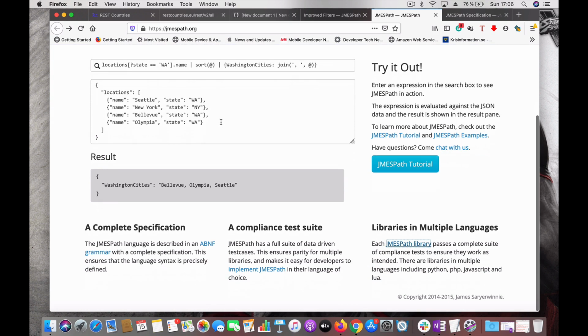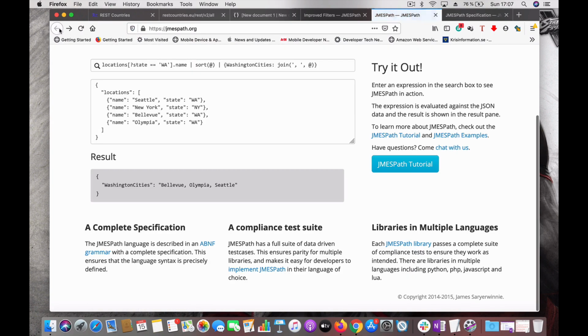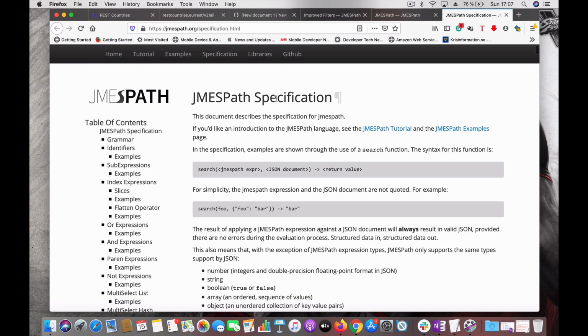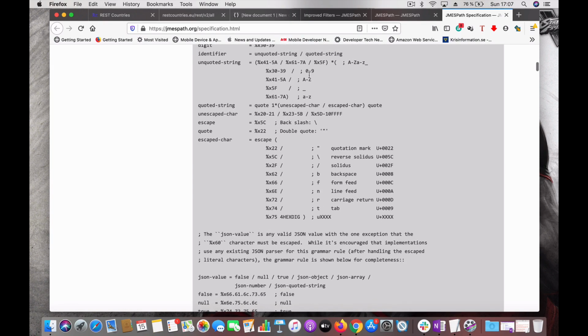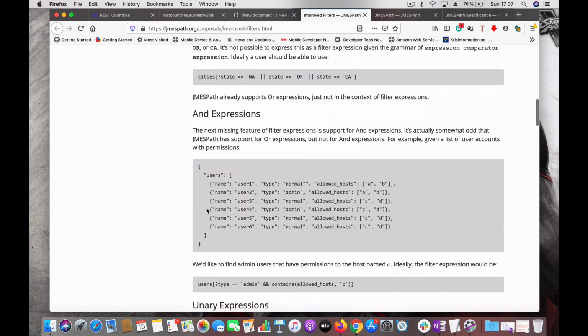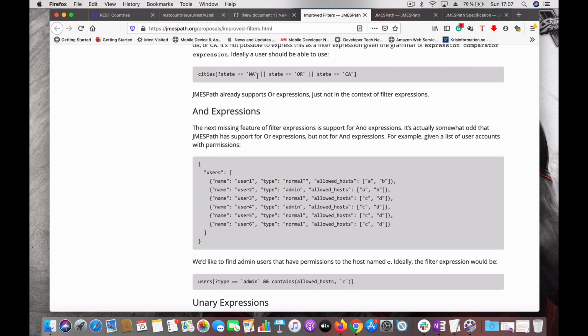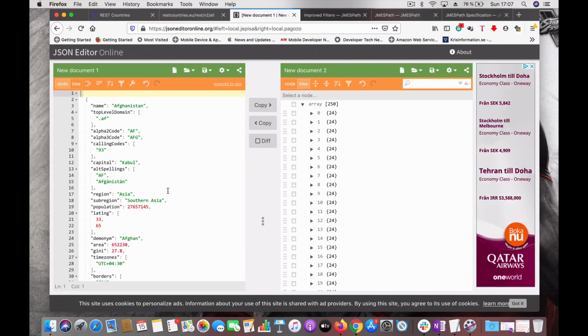This is pretty useful. It has libraries for multiple languages available here, and they have quite nice documentation on how to use, how the queries look like, and how you can filter data, etc. and all, which was really handy for me. So I'm going to just show how to use this site to do a filter, and how to use the JMESPath language